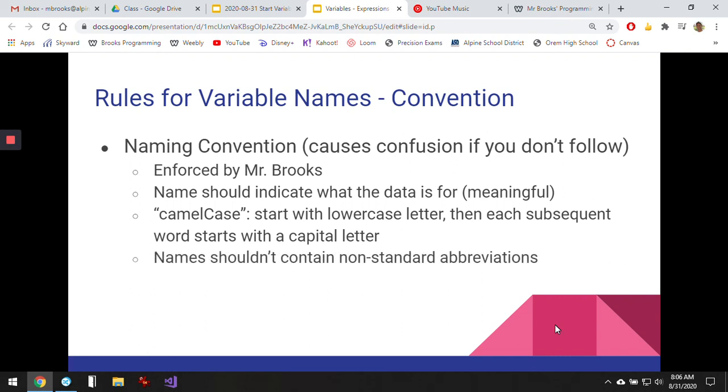And try to stay away from non-standard abbreviations. That's not really enforced by me, but camel case will be enforced by me. If you're calling it XX3, I'm going to ask, what does that mean? Is that an abbreviation for something? Oh no, I just know what XX3 is. I thought that was coming up earlier. Anyway,